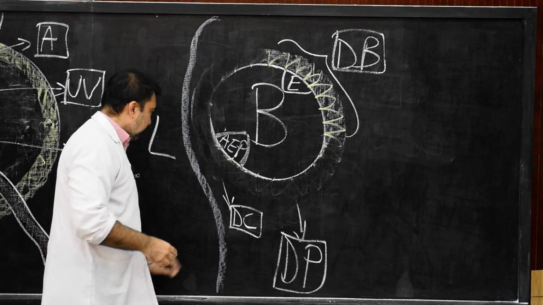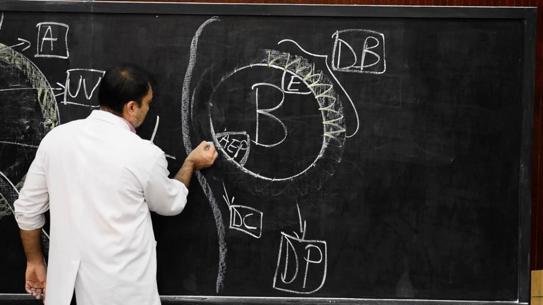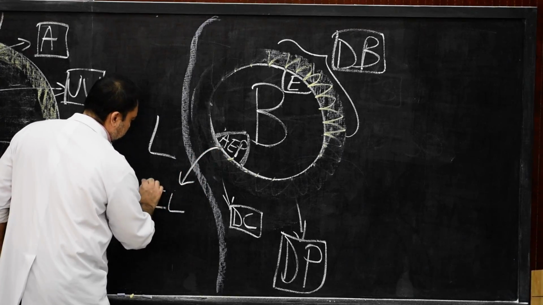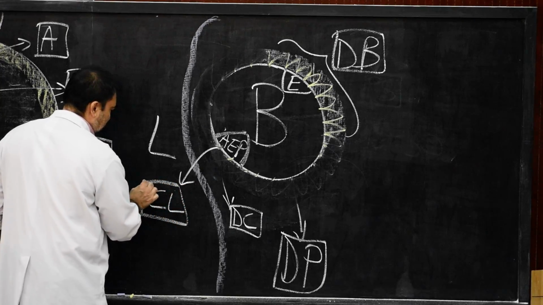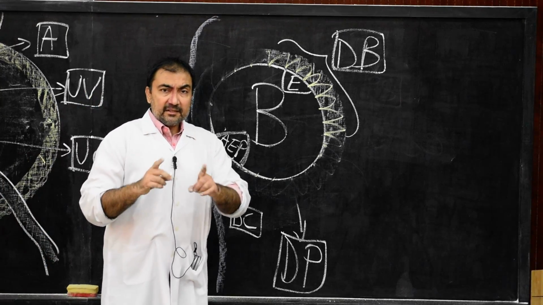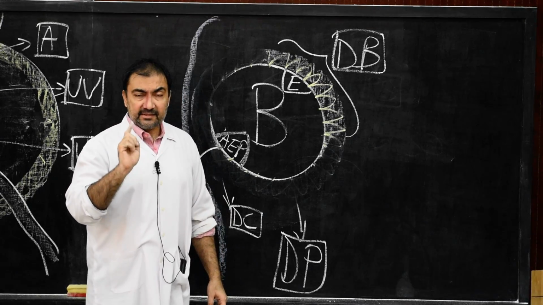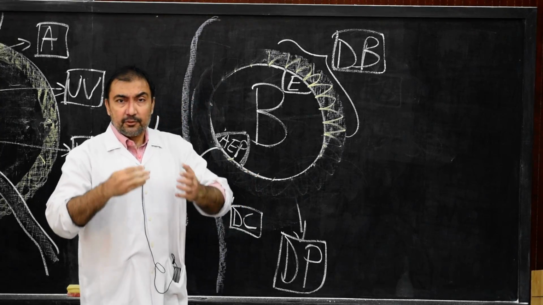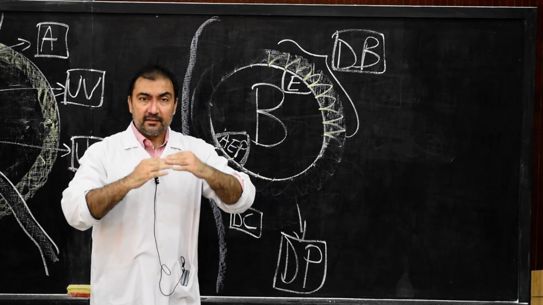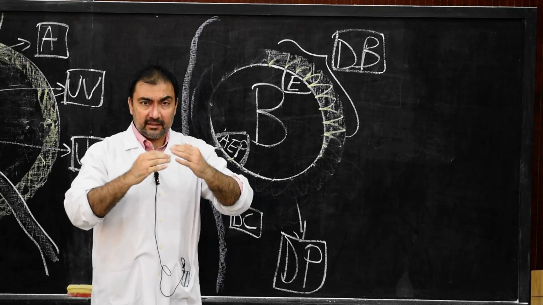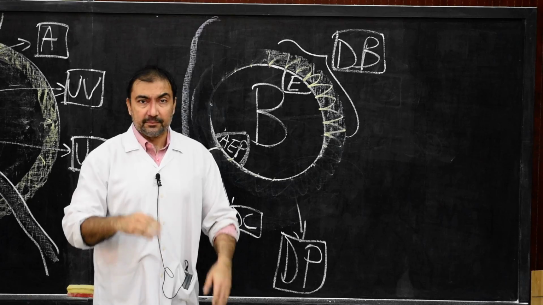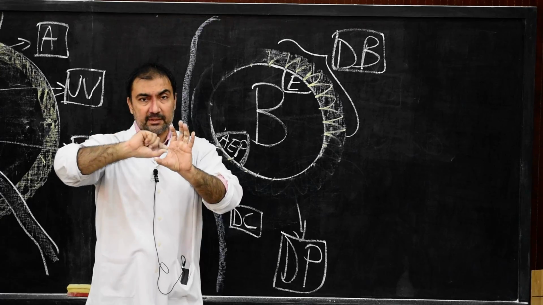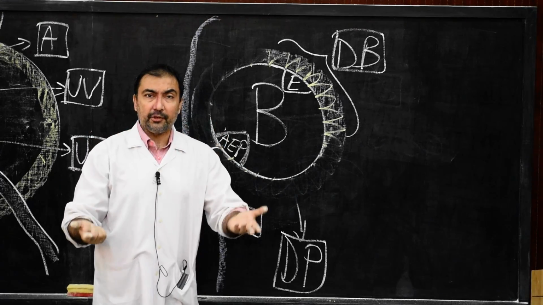These portions which have disappeared will be known as chorion leaf. All the tertiary villi are called chorionic villi. Please note down, because they develop from chorion. What is chorion? We have understood that also. That is the trophoblast plus its underlying primary mesoderm, or extraembryonic mesoderm, is known as chorion. So the villi developing from the trophoblast will contain primary mesoderm, that is extraembryonic mesoderm, which are called chorionic villi.